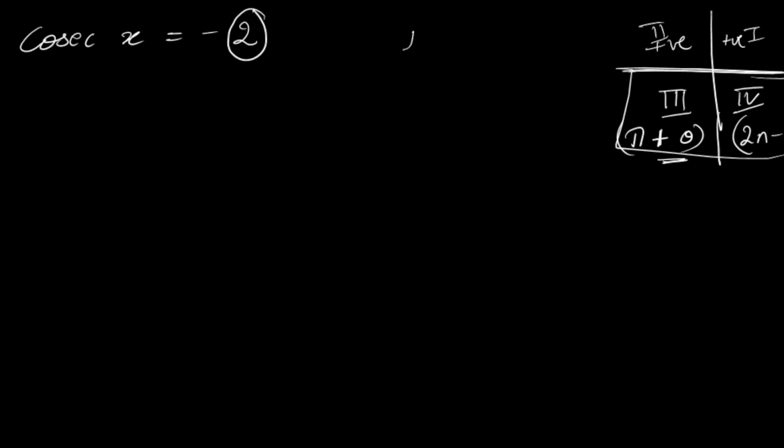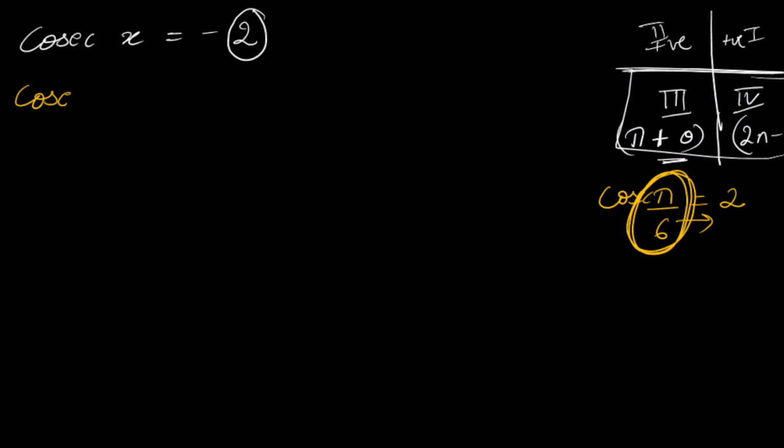See, sine 30 is 1 by 2. Sine's reciprocal is cosecant. So that means 30 is the angle. From here we can write, we know 30 is pi by 6. So I have written cosecant pi by 6 is 2. So we found what we needed, right? Because this we will write as x for calculating the principal solution.